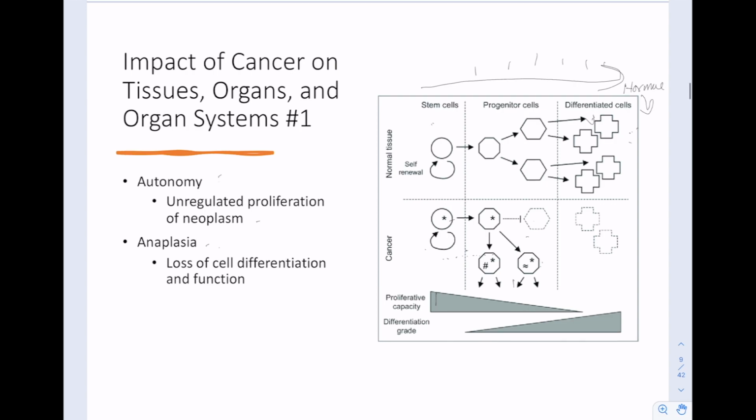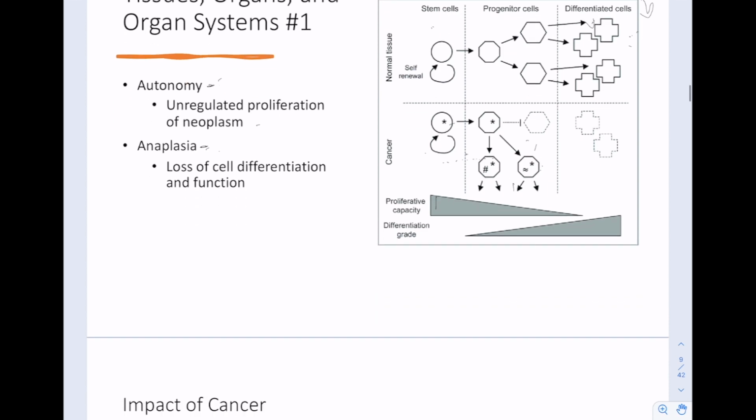to turn into. So again, autonomy, the ability to grow without regulation, so nothing needs to tell it to divide, it's just going to divide. And anaplasia, instead of becoming whatever the target cell is, it doesn't fully become that, and it doesn't fully gain the function of that cell. It's not going to be a good hormone-secreting cell, it's going to be a bad hormone-secreting cell that's going to secrete all different types of hormones, not just the one that it should have in this